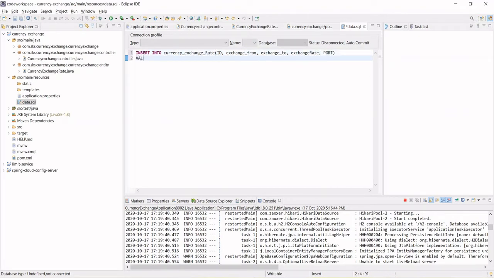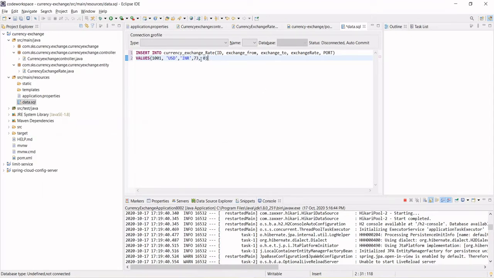Put here values, correct? Let's say ID is 1001. Exchange from, so this is USD, comma, INR. Let's say the conversion rate is 73 and the default port is 0.